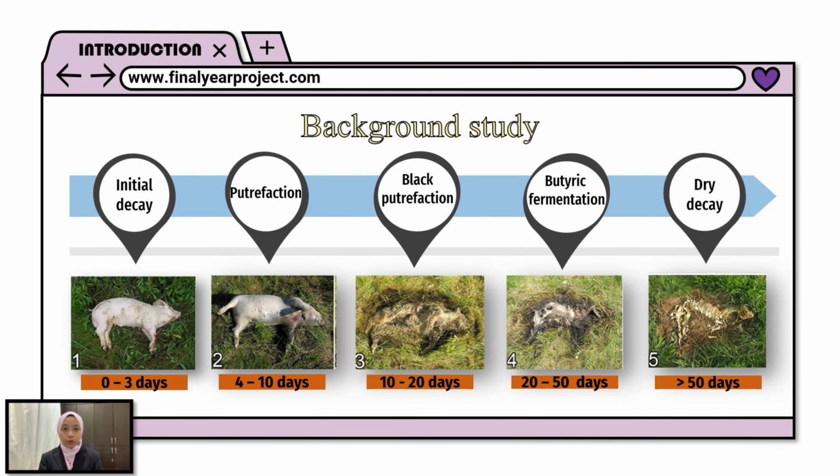The buried body will undergo 5 stages of decomposition process, which help in organizing the postmortem changes and any related information. The 5 stages are initial decay, putrefaction, black putrefaction, butyric fermentation, and the last one is dry decay. These 5 stages describe the response of diatoms to the introduction of cadaveric derived materials with decomposition of